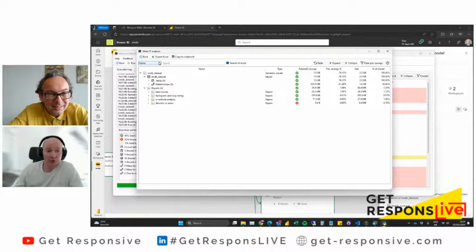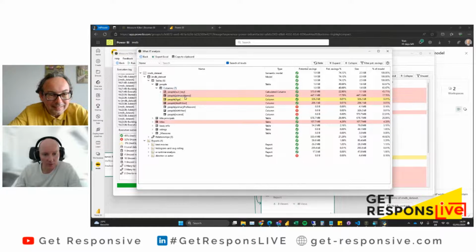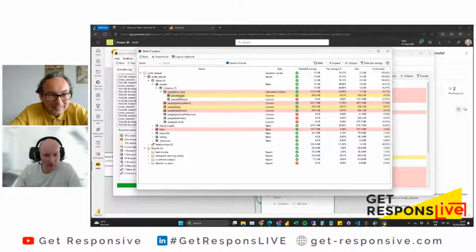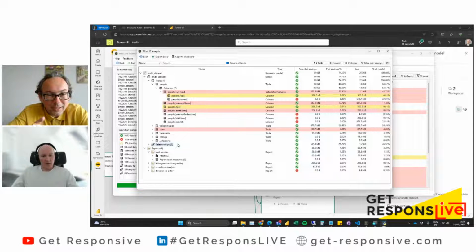And like that, we also have this full tree view that is pretty cool, I think. And here we can see basically this is our model and all the reports, and I can open up the tables. I can see all the columns, and then I can see for the calculated columns what is used in that calculated column. So it supports report visual calculations, calculated